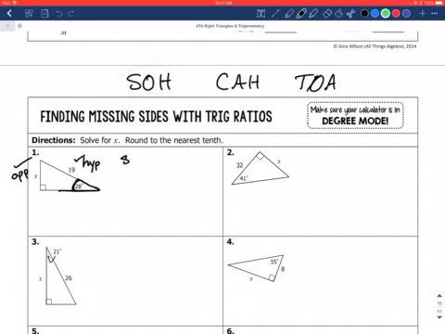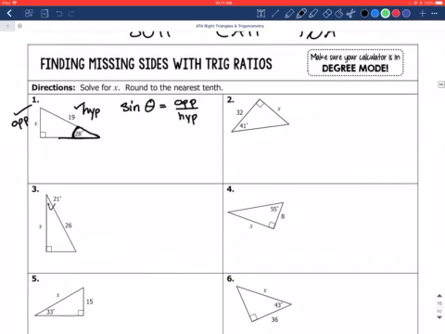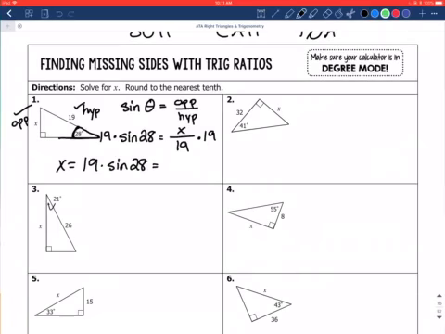So we set this up as sine of theta equals opposite over hypotenuse. And now we're just going to fill in the different things. So sine of theta is our angle, that's 28 degrees, equals opposite x over hypotenuse, 19. So if we're solving for x, all we have to do is multiply both sides by 19. So x will equal 19 times the sine of 28 degrees. And here's the thing, we are using degrees, so you need to go into your calculators and use degree